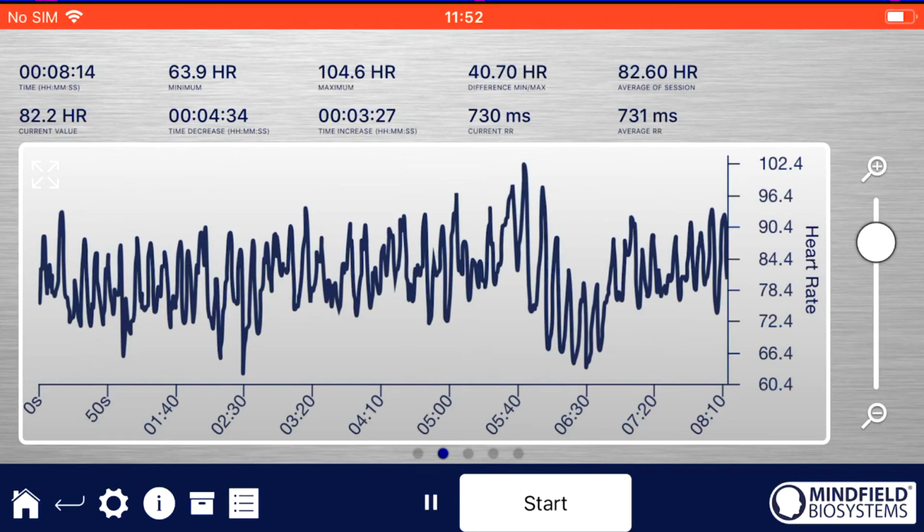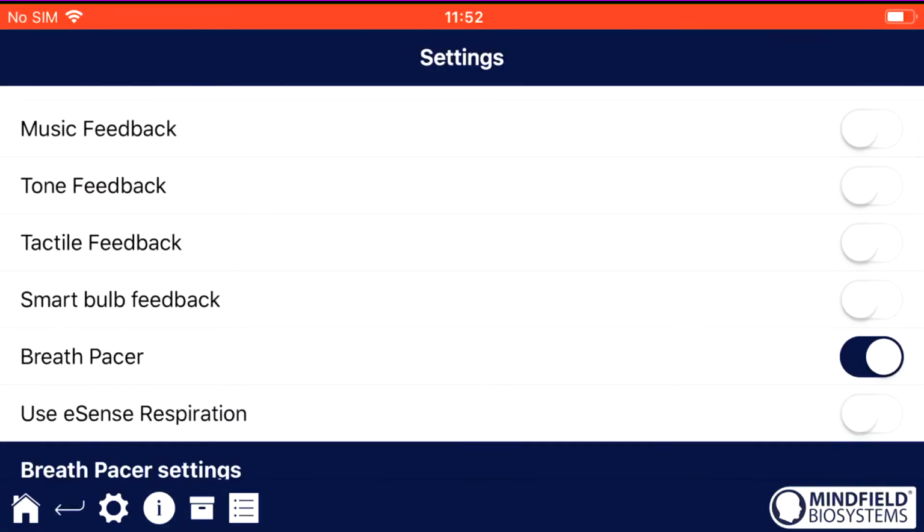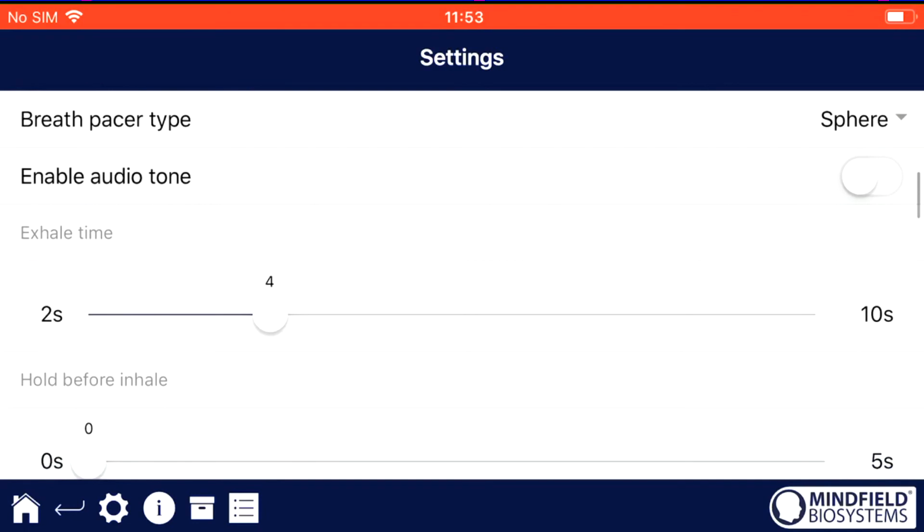So I hope you got a little introduction to the eSense app, and I have shown you only a few percent of what is possible because we didn't use the music, the tone, the tactile, the smart bulb feedback, and there are a lot of possibilities to use the procedures and create procedures on your own. So this is only a short introduction and it's already 25 minutes. So I hope you see the powerful tool this eSense app is to do biofeedback training, to do recordings, to do some research, to have clients use it as a professional coach or trainer,